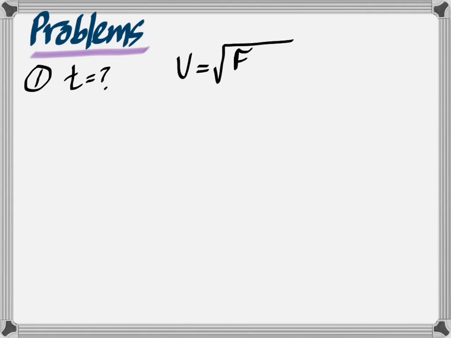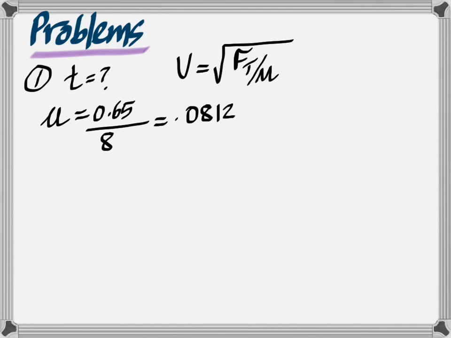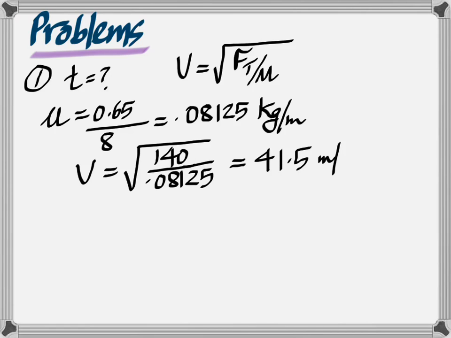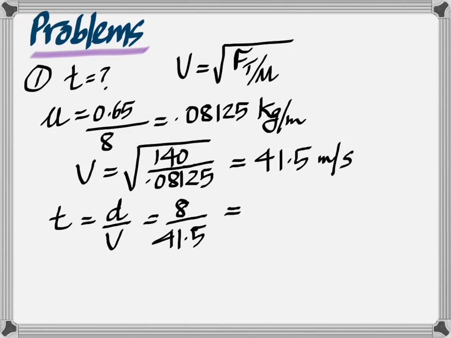You have to find the time. Velocity is square root of FT by mu. Mu is 0.65 by 8, which is 0.08125 kilogram per meter. Okay, so you put it back into the formula for velocity and find the velocity as 41.5 meters per second. Then time is distance by speed, which is 8 by 41.5,